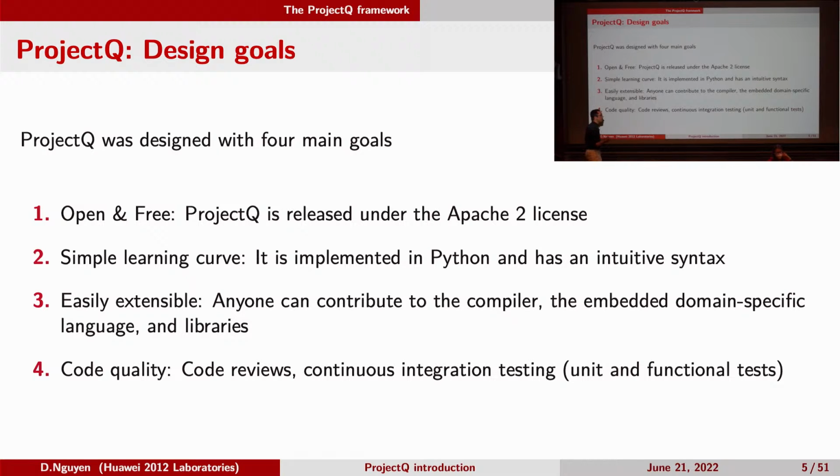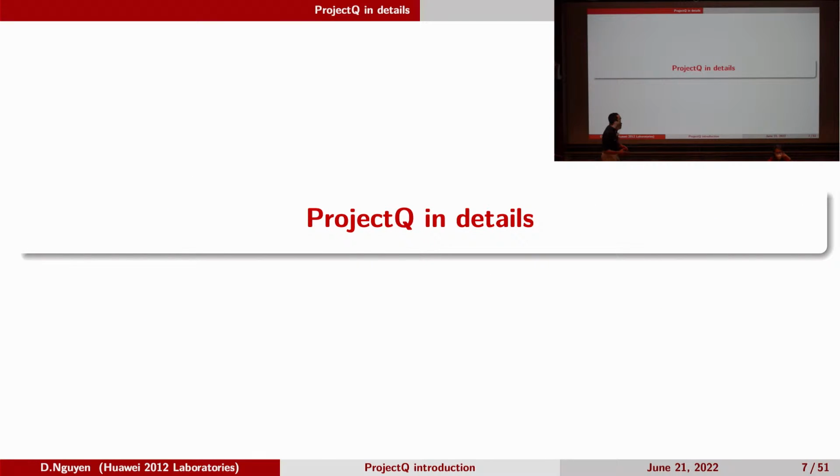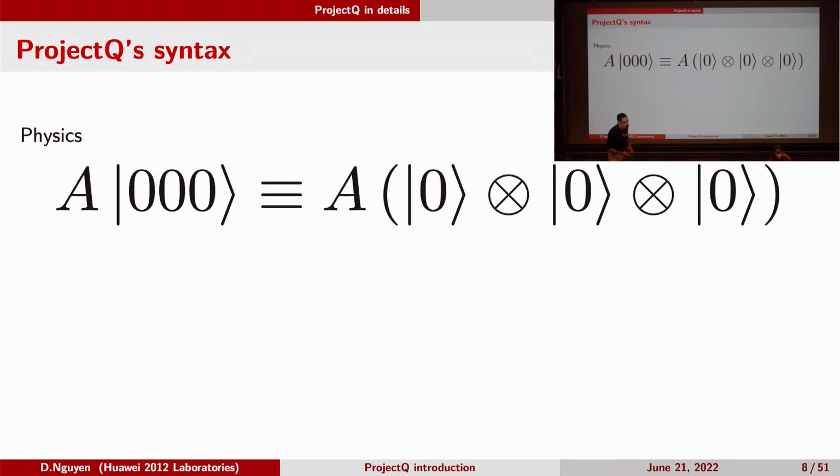It's extensible and it's been thoroughly tested anyway. So these are the two papers that you can use if you want to cite Project Q. But if we go directly into more detail on how to use Project Q itself,